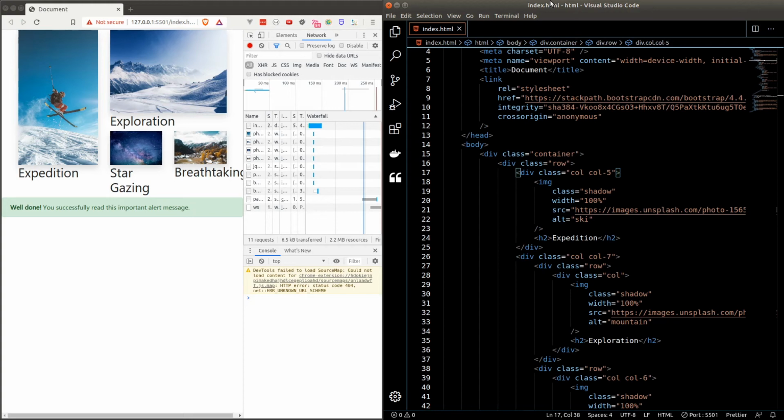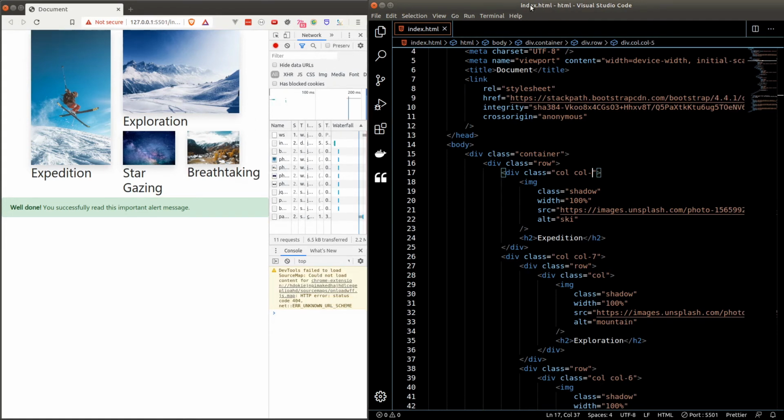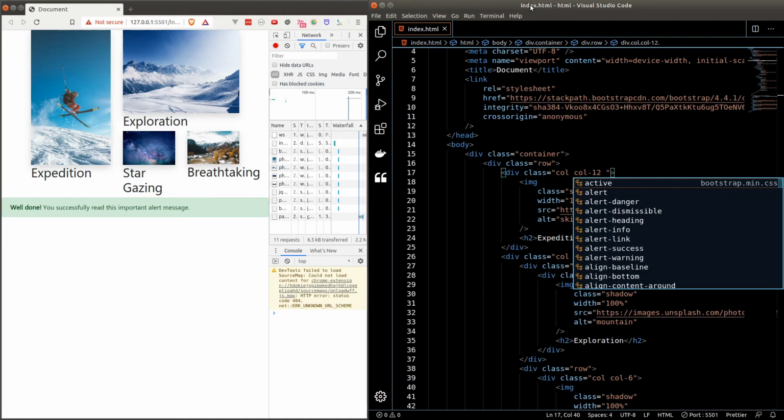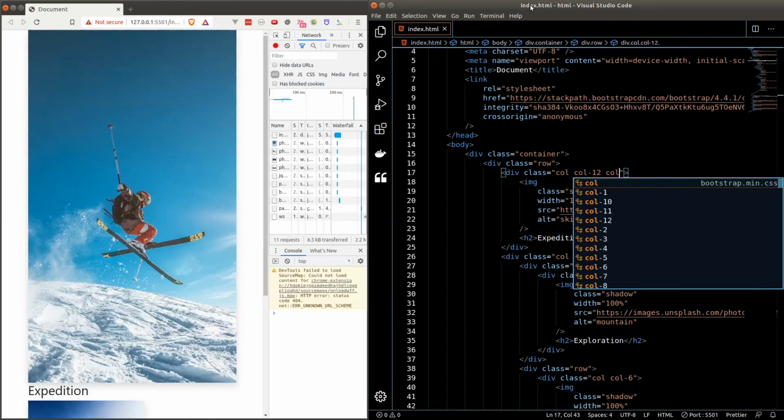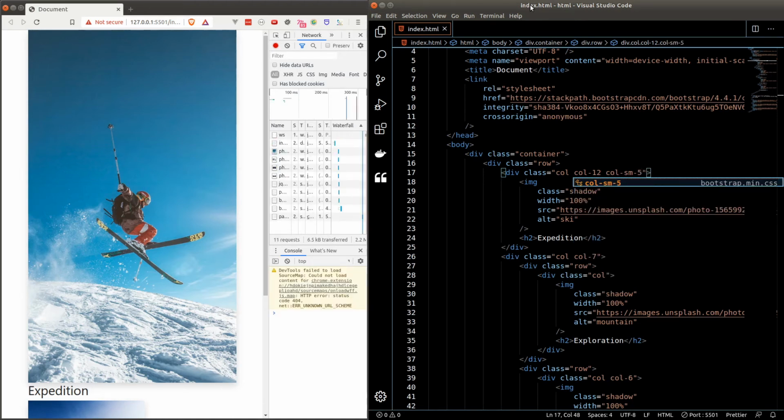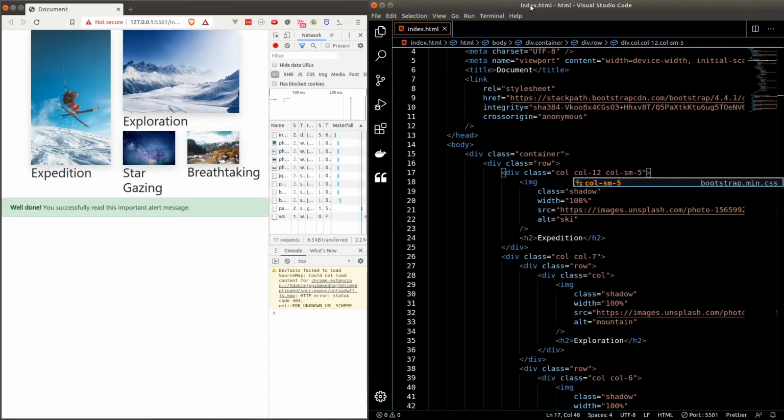By default, col-5 means taking 5 grids from the extra small screen size and onwards. We can add a screen size modifier in between col and the grid number to override this behavior. So I want this column to take up 12 grids on mobile screen size, so I will change the 5 to 12. Then I want this column to take up 5 grids from small screen size and onwards. So I will need to add col-sm for small screen size and -5 for 5 columns, and now this should